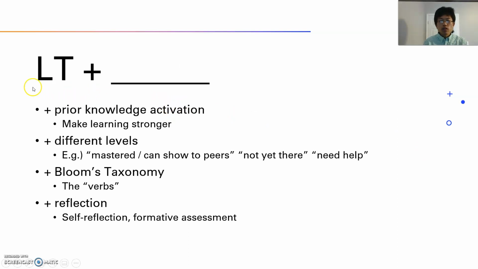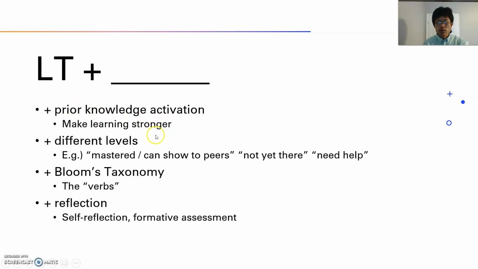So here are the topics I want to share along with the learning target. The first one is prior knowledge. Before the class starts, like I said, you can show the learning target, but you can also talk about the content's prior knowledge, so what the students already have before going into the lesson,